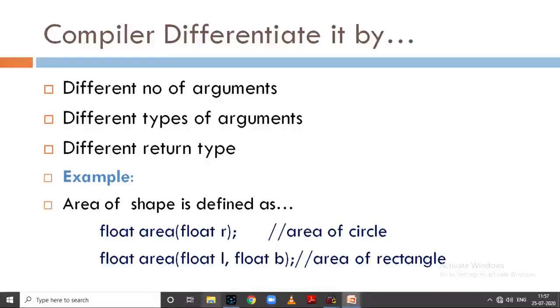For example, if we have an area function for any shape, we can have area for a circle, where we specify only one argument, and if we want to find the area of a rectangle, we specify two arguments. Based on the number of arguments, the compiler can differentiate them.